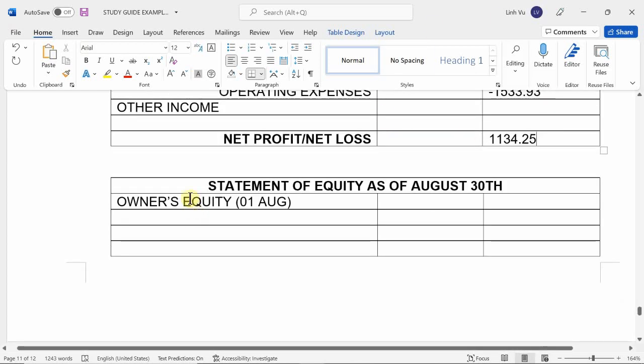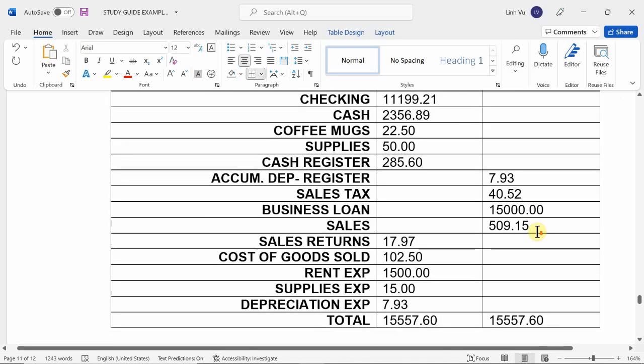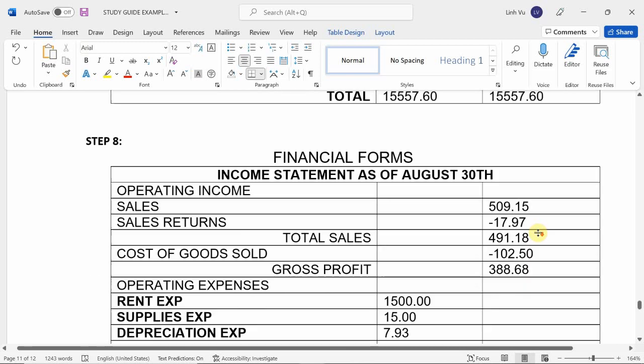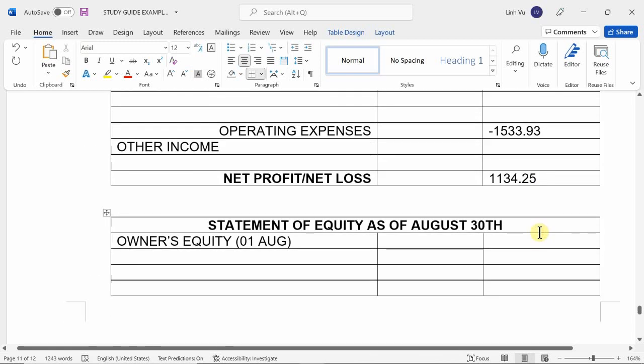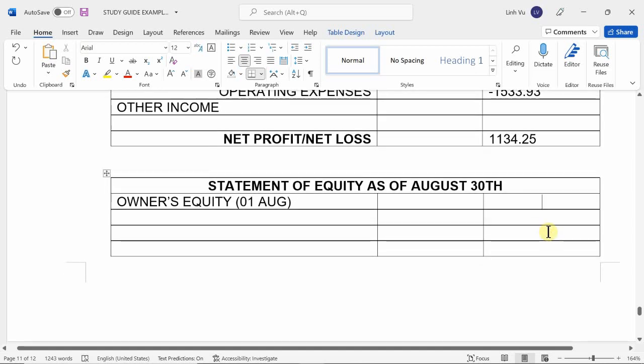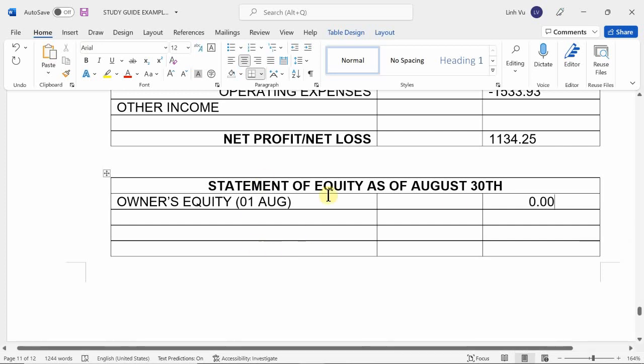Okay, so let's see what your equity was at the beginning of August. Did we even have equity to begin with? No, we didn't even list it on our balance because we started out with a loan, which is a liability. That doesn't increase or decrease your equity because it isn't an investment, right? Your company started at zero. So I'm going to record my beginning balance as of August 1st as zero, and then I just took a net loss,